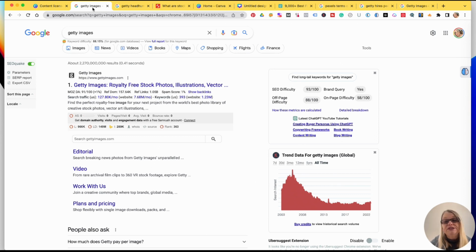So Getty Images hires these people that go around, and I hate it, and they catch you using a Getty image. Or Associated Press, that's the other company that's really big at going after you. A lot of times you think that if it's from the news, you can use it, and that's not the case. You need to get permission to use it, and you also have to give credit back to them.